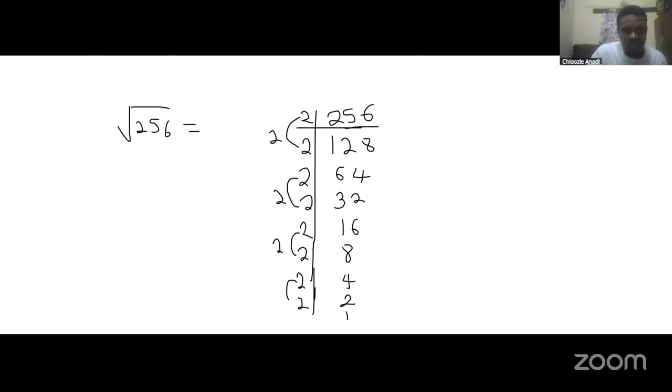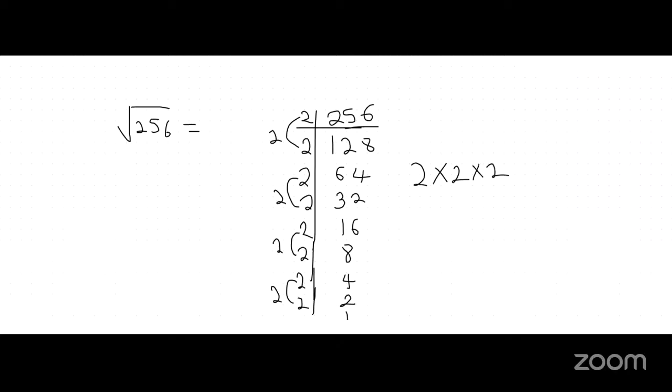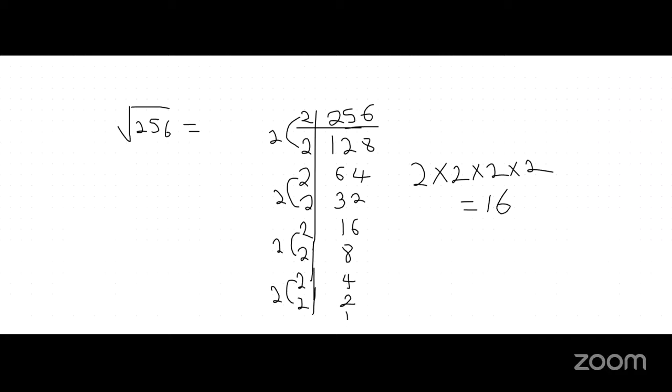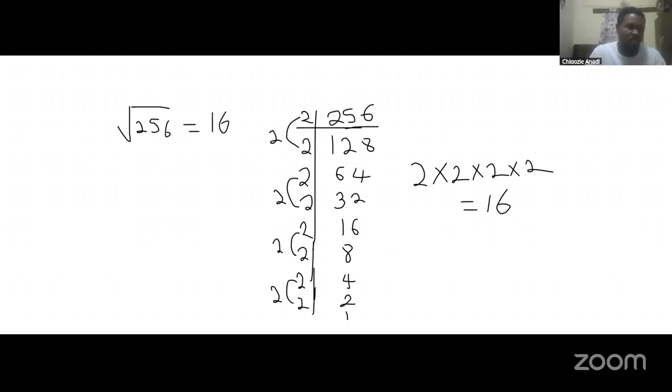So now these ones we've picked out, we're going to multiply them. So we have 2 times 2 times 2 times 2. And that will give us what? 16. Okay, that is correct. So now the square root of 256 is what? 16. Yeah. So this is the way we use the prime factorization method to actually find the square root of